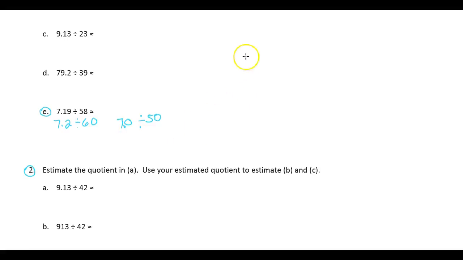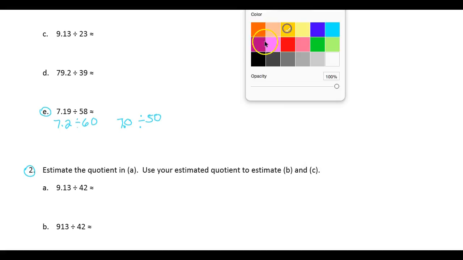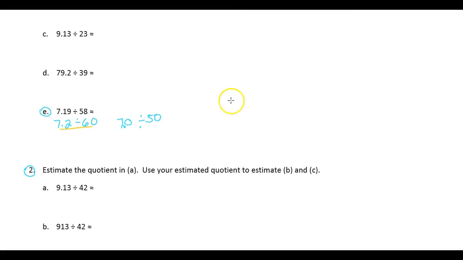Let's take a look at the first one right here, and I'll go ahead and switch colors to make this a little bit more clear. We'll do the first one in yellow. So now if we have 7.2 divided by 60, if I divide them both by 10, 7.2 is going to lose a place value because we're dividing by 10. So the 7 will move from the ones place to the tenths place, the 2 from the tenths place to the hundredths place. If you divide it by 10, it gets rid of that 0,